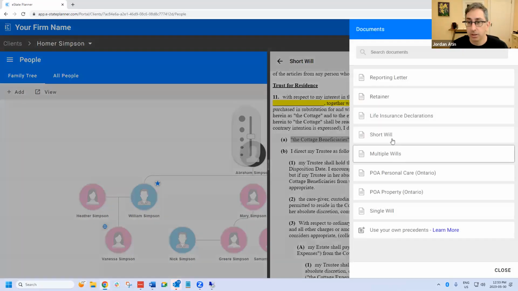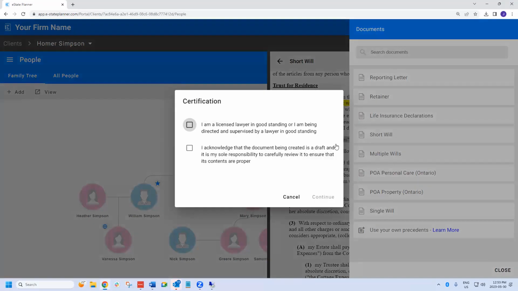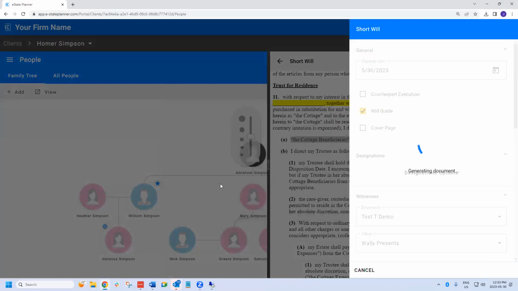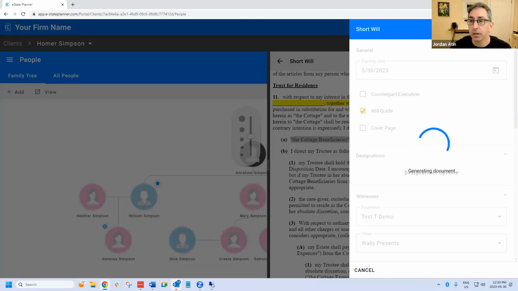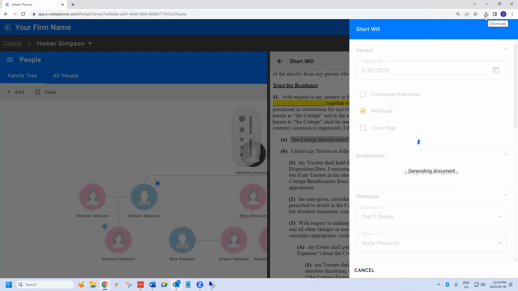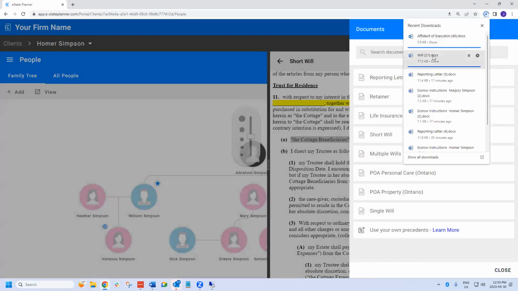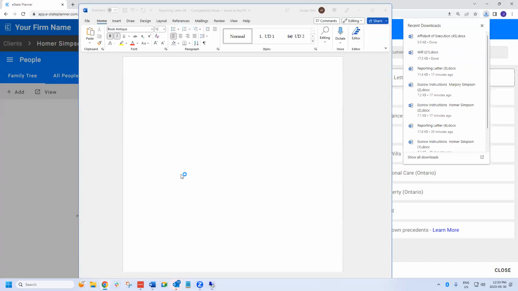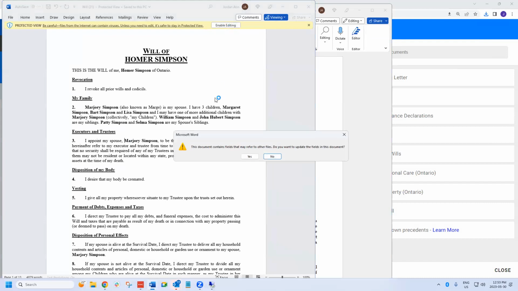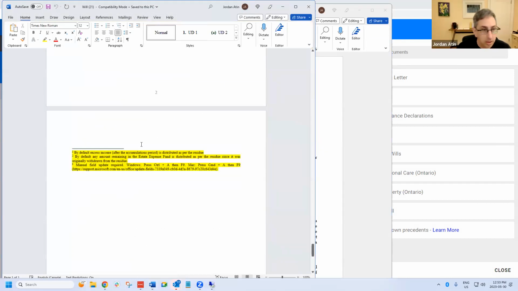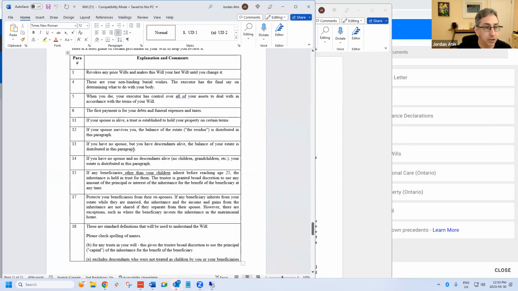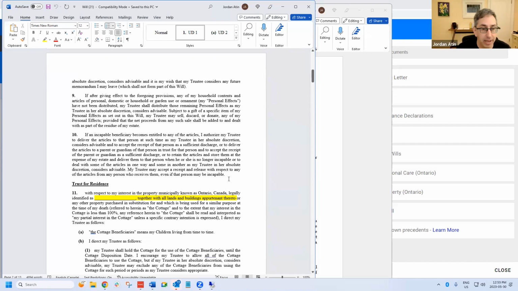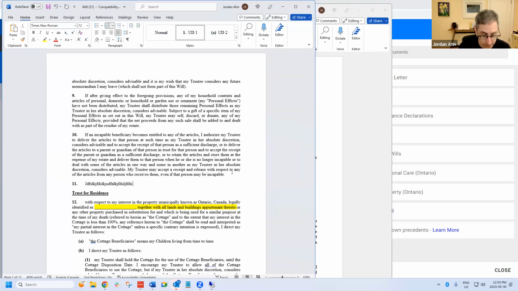Let me show you something in the guide, without going back to eState and generating it over again. Let me show you language that isn't a clause that you pick from eState, or adding another paragraph, and the references going out of whack. So here, as an example, it's going to list all the paragraphs. Let's say 13 is "you have descendants." If I add a new paragraph in here as number 11, or I paste it in, whatever,